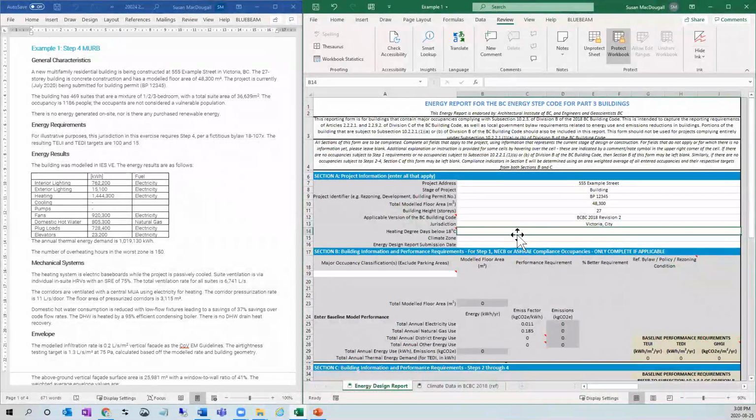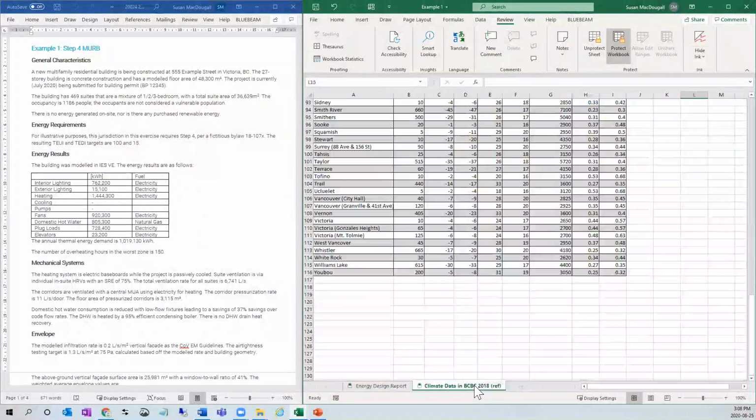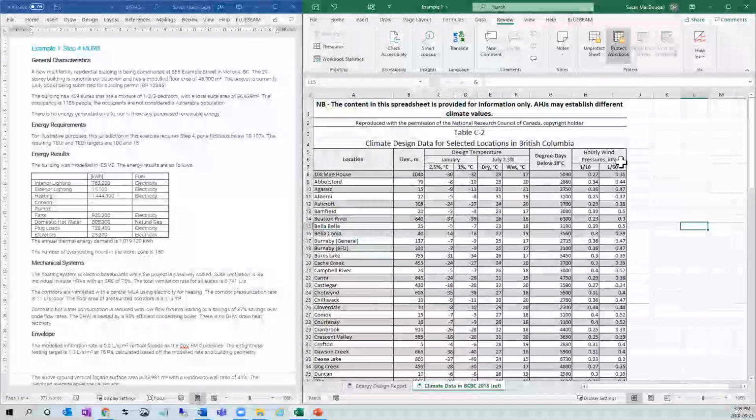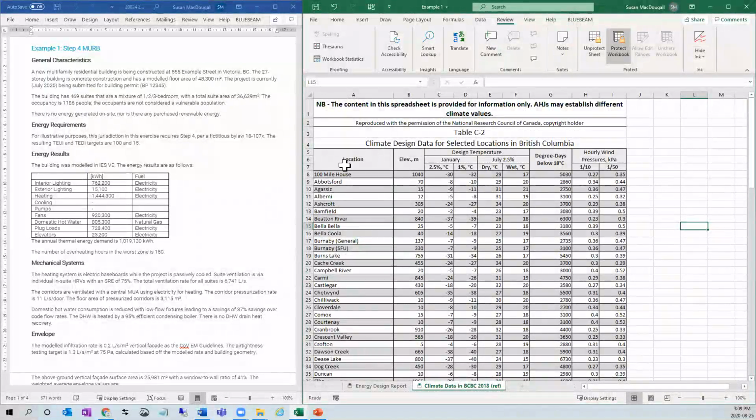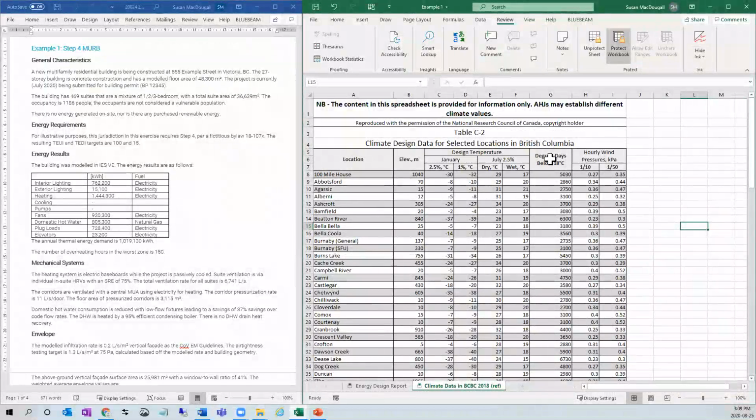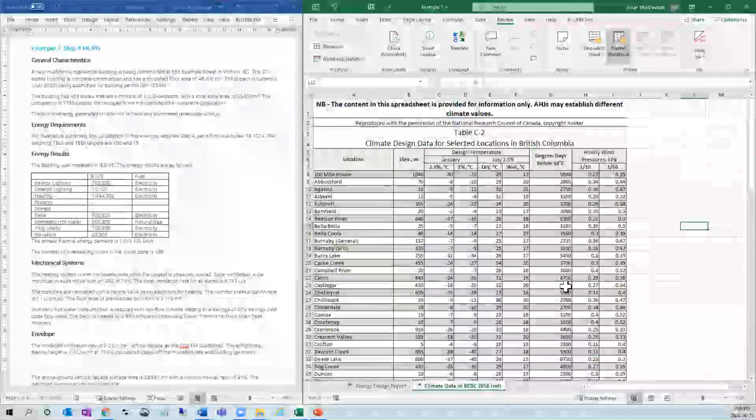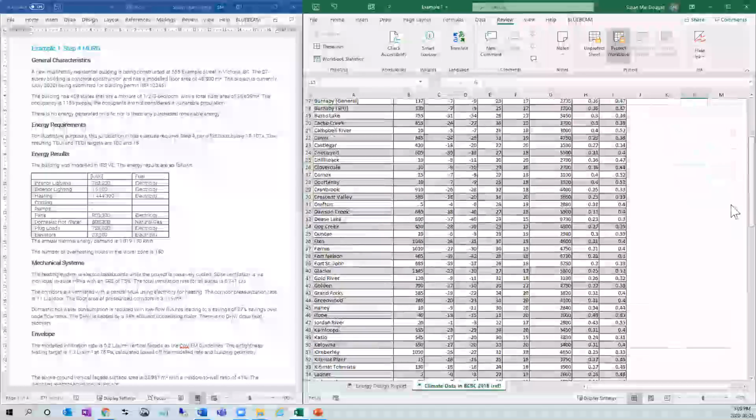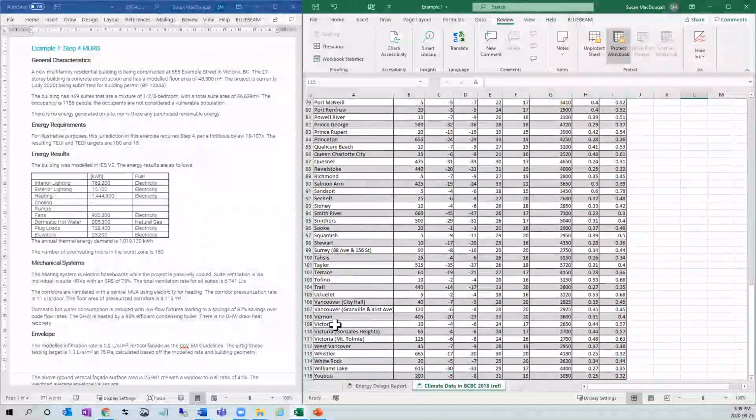Now the heating degree days, I also want to get that from the second tab, but it doesn't auto-populate because we actually have a few options. I'll just scroll to the top to show you what the tabular data names are here. So we've got our location, and then we're looking for heating degree days below 18 degrees Celsius, so that's going to be column G. So I'll scroll back down to the V's for Victoria,